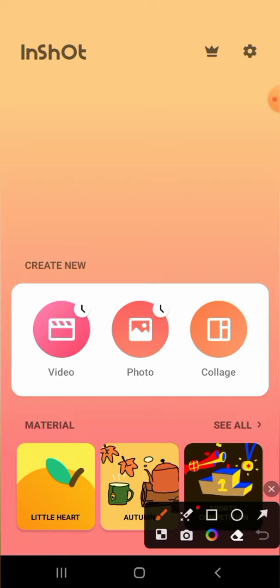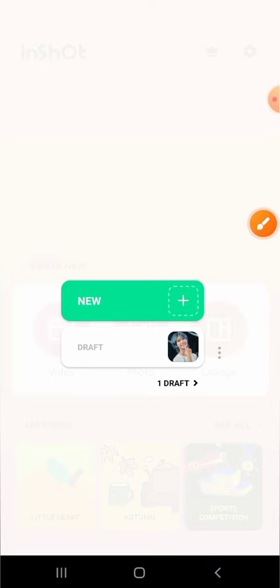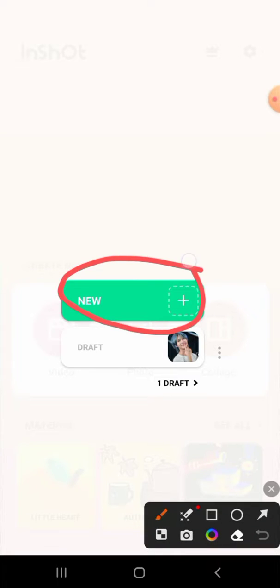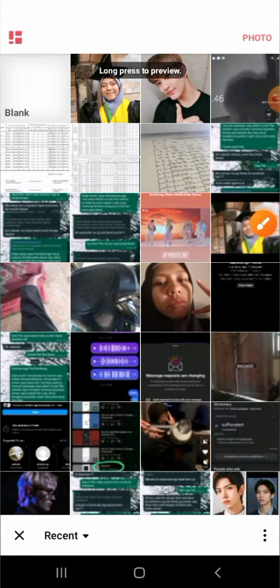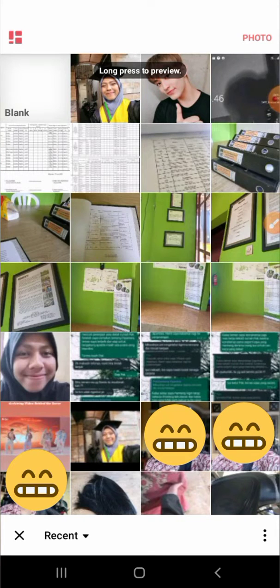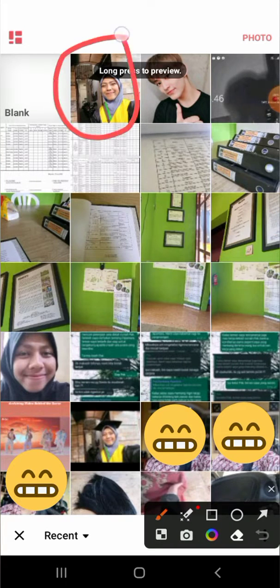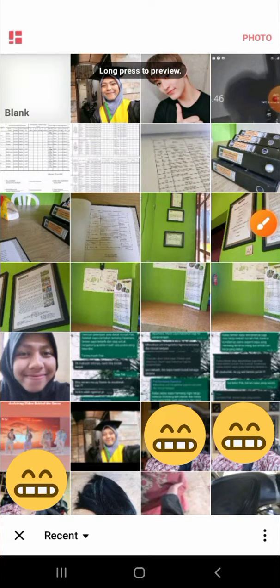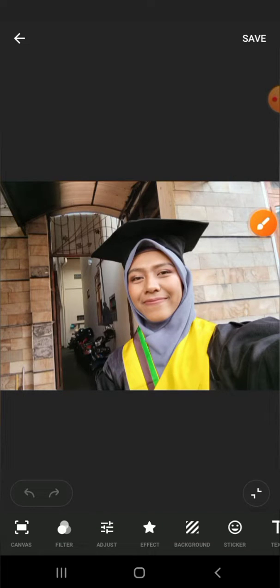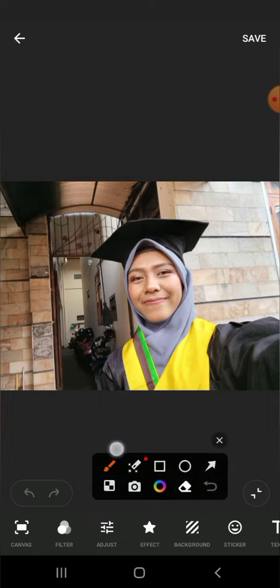Then you have to click on create new project right here and choose this plus button. Then you have to select the photo that you want to edit with your favorite person, and I'll go with this photo. Just click on the photo, and then after that you can click on this sticker button,